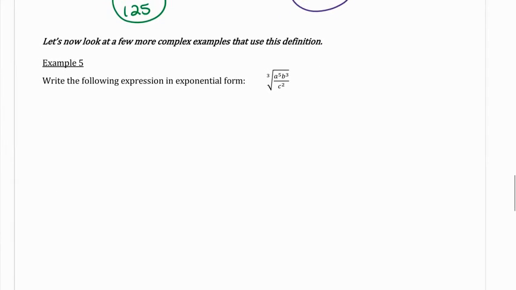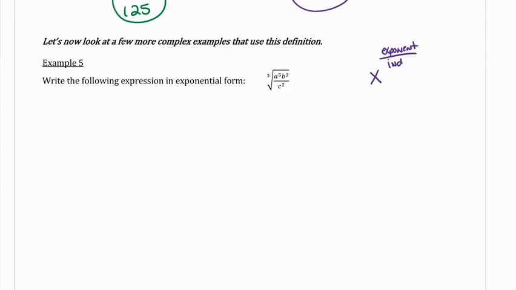Next one. Now we're going to look at the same thing, but with variables. I can't remember if we talked about this first semester or not. We may have, but it's the same idea. Now I'm taking something in radical form, and I want to change it into exponential form. So remember, if it's in radical form, to get it in exponential form, I take whatever it is. Well, let's use a different one here so we know. And then the fraction is always the exponent